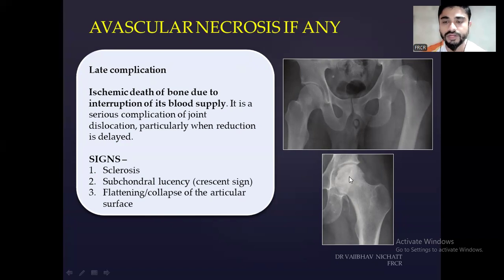In the repeat radiograph, you can see increased sclerosis, articular surface irregularities involving the femoral head, raising a suspicion of avascular necrosis. So what is avascular necrosis? Avascular necrosis is ischemic death of the bone due to interruption to its blood supply. It is a serious complication of joint dislocation, particularly when the reduction is delayed. The radiological signs: there might be increased sclerosis, subchondral lucency, crescent formation or crescent sign. In late stages, you can see flattening of the femoral head or